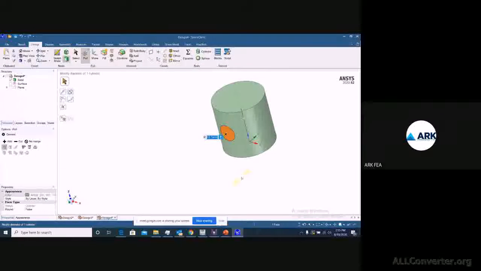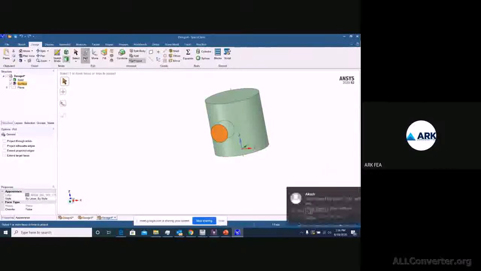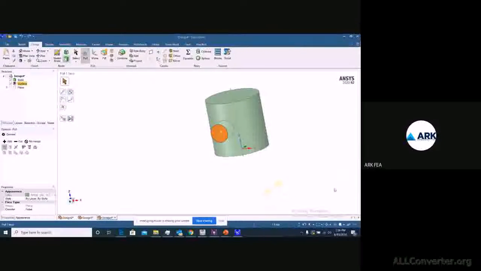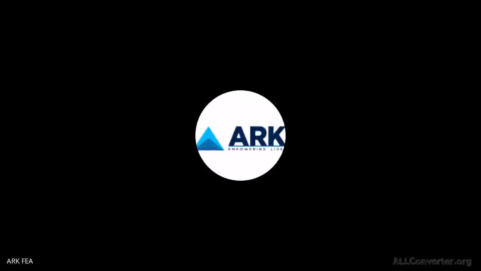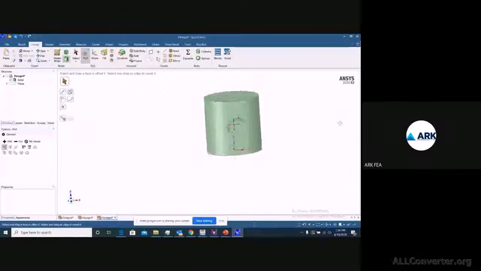Or directly, one more thing you can do is take this projection and go to pull once again and say up to, so you can define the surface. So this is how you can take the projection.